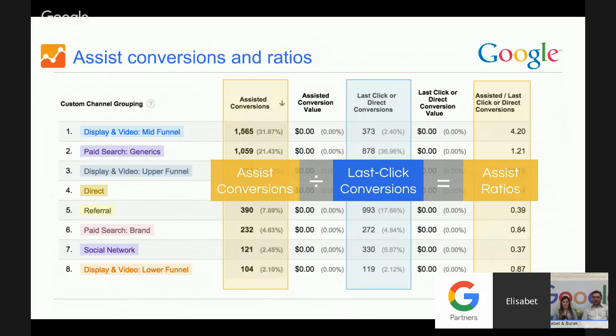That's what Burek was showing you before. This is very interesting because here, as we said before, we are able to see how all channels drive conversions, the number of last click conversions for every channel and the number of assisted conversions for every channel. And we can also see the assisted ratio. For example, let's take the display and video mid-funnel channel. In this channel, we can see that it closes 373 conversions under a last click model. However, this channel assisted